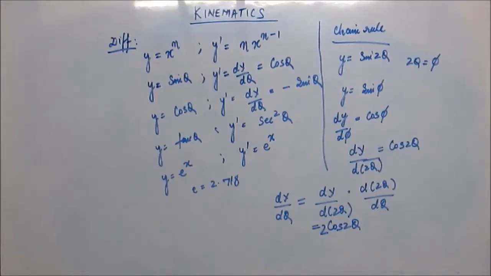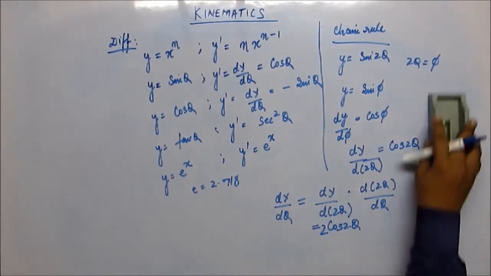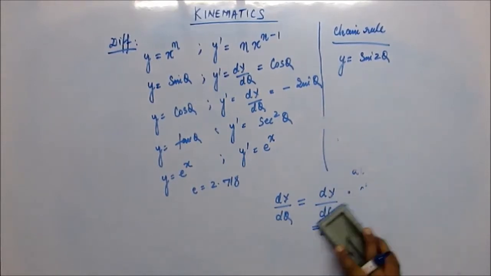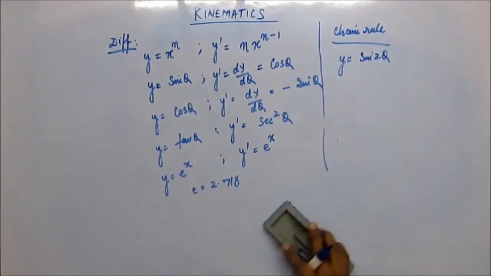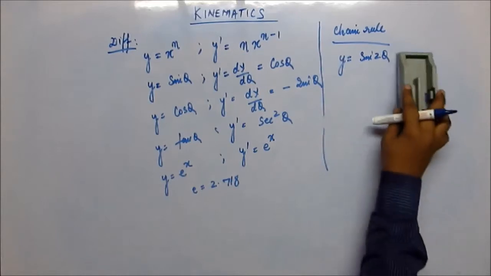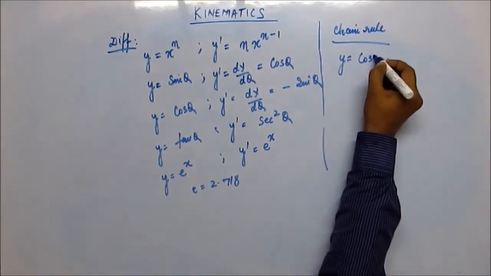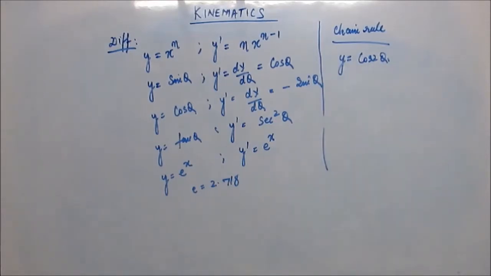Similarly, if we have y is equal to cos 2 theta maybe, so get your answer for this and do it step by step, because then you will understand, and only then you will be able to do it fast later on. Don't just directly write the result, actually derive the result. I'll derive it one more time for you.